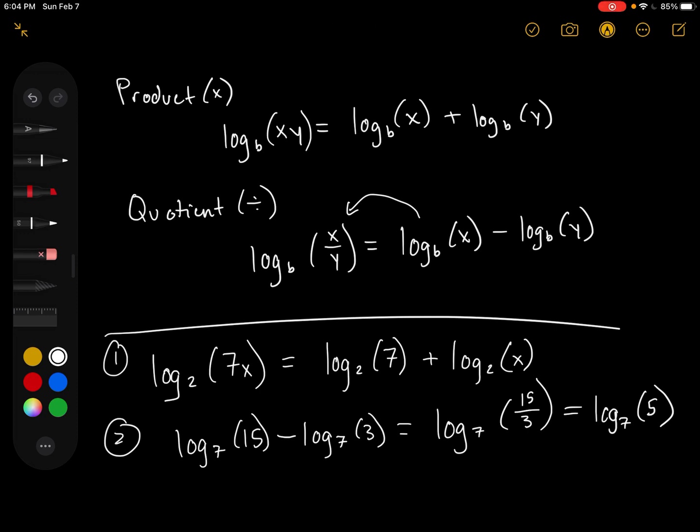So two different types of ways that we're going to see this. Sometimes they'll give you the multiplication or division inside first. Sometimes they'll give you an addition or subtraction problem, and it's your job to basically use the properties that you know here and go the other way. And there's going to be a few questions here asking you basically to define these properties. So either split it into an addition or subtraction problem, or take an addition or subtraction problem and bring it back to